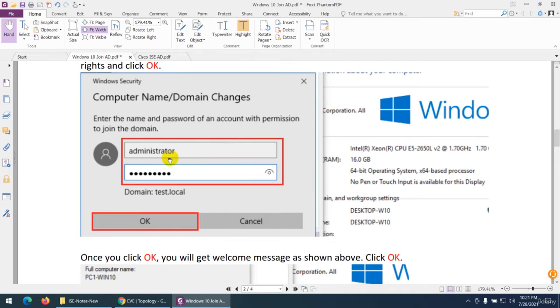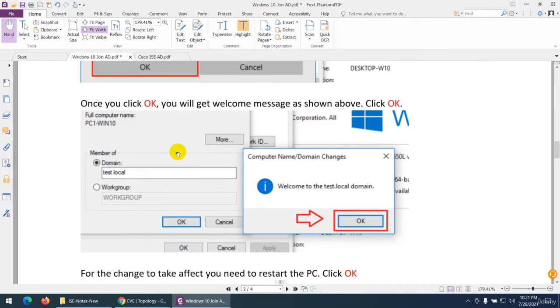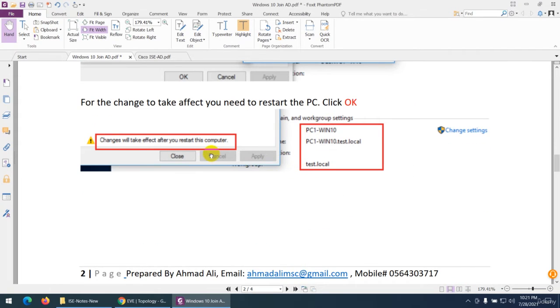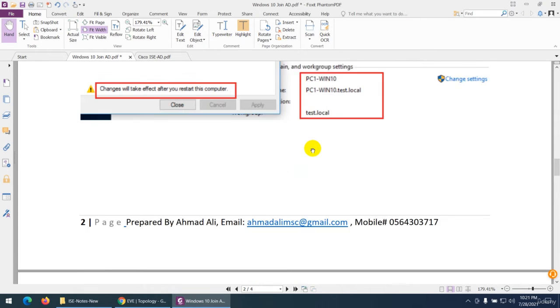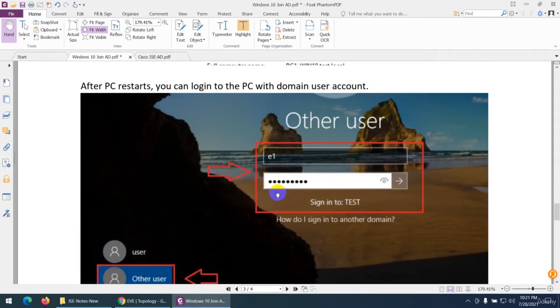It will ask you for a username and password. In our case, our username is administrator and the password is abc@12345. Then the welcome message will display, and after that you need to reboot the system, and you will see it now shows test.local, and it will join the domain. So when you close and restart, after that we can log in as an